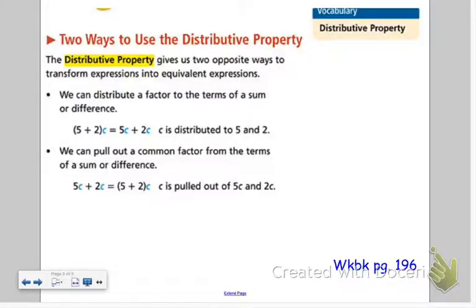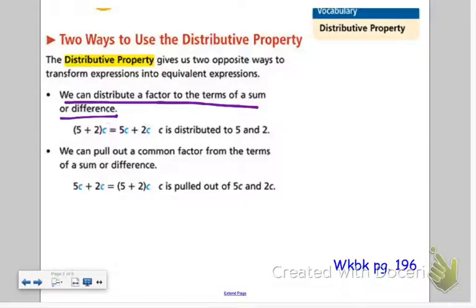Okay, take a look at workbook page 196 now. Here it says the distributive property gives us two opposite ways to transform expressions into equivalent expressions. So we're talking about different ways that we can rewrite, when we have multiplication and addition happening. So the first way we can do this is distributing. We can distribute a factor to the terms of a sum or difference. Meaning, if I said, oh, distribute these papers, you probably think, okay, I'm going to hand them out. Well, that's what's happening here. You're going to look for the number or variable outside the parentheses, and you're going to distribute it. You're going to hand it out to all of the terms inside the parentheses,